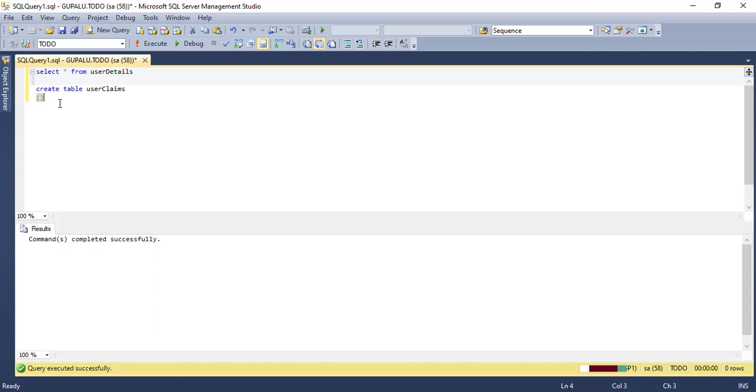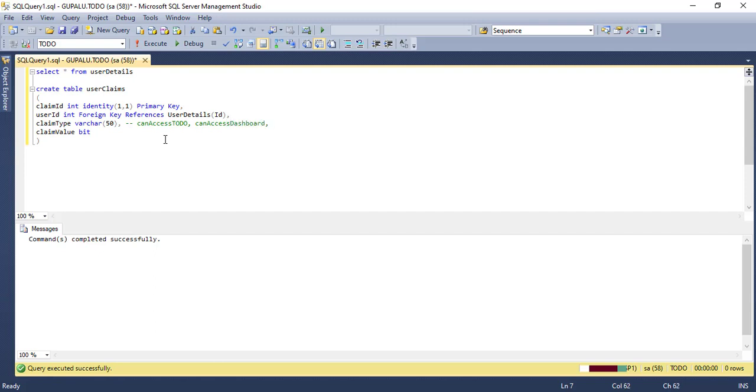So this is our user claims table. Now I am creating a claim ID, then user ID, which is a foreign key reference to the user details table, and claim type and claim value. Basically, I will insert each user ID from the user details table, and in the claim type we will have values like can access to do. This is one of our menus, and one more similar to that, can access dashboard.